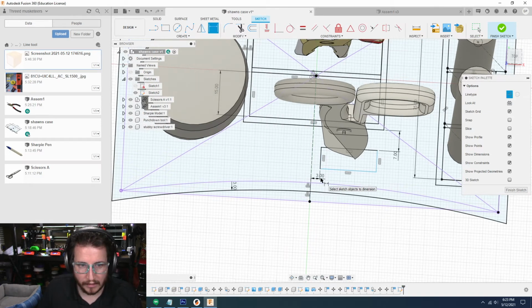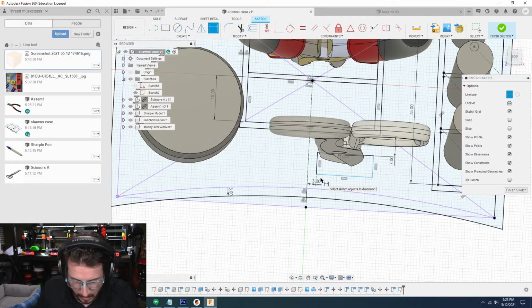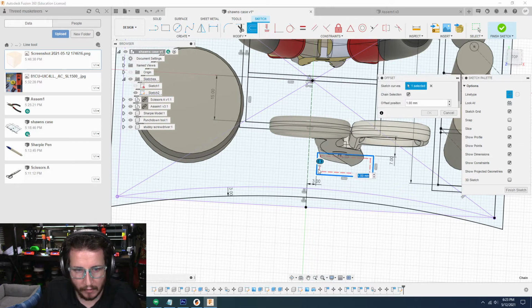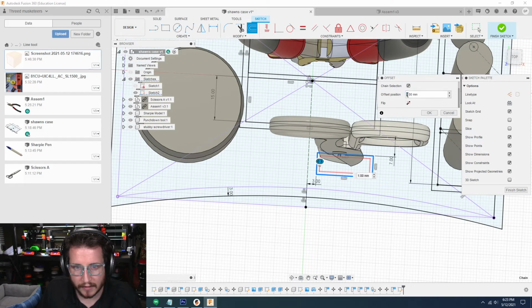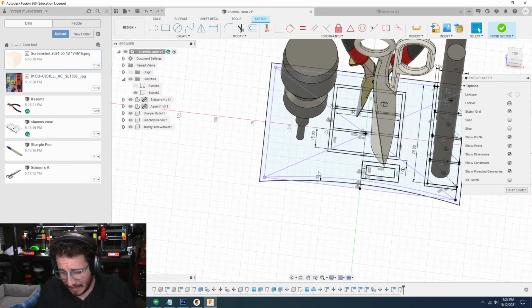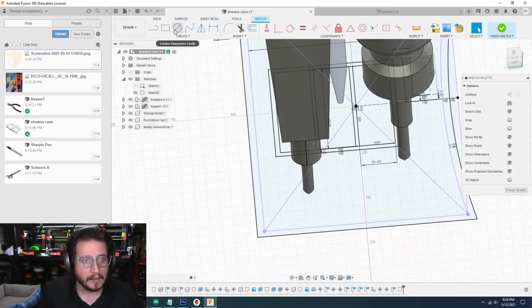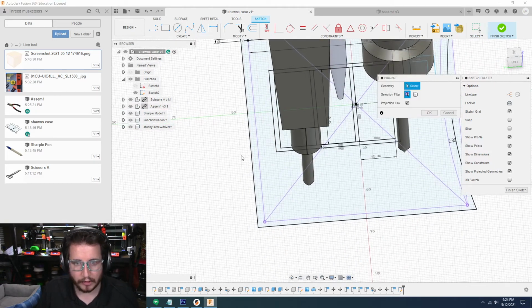Let's do 3 millimeters from that edge so that when we expand it, and this needs to be thick. So when we do our offset, we can do this. We don't want construction. We want to go to the other side, and I want to make this at least 3 millimeters. So we've got that. Now I got a place for the scissors to go. It's going to be tight, but we're going to add some fillets on the top so the scissors can easily come in. And so we can actually, for this one, project...